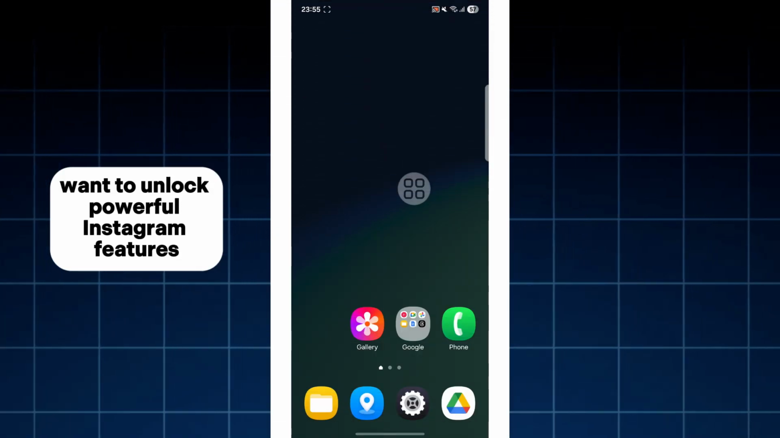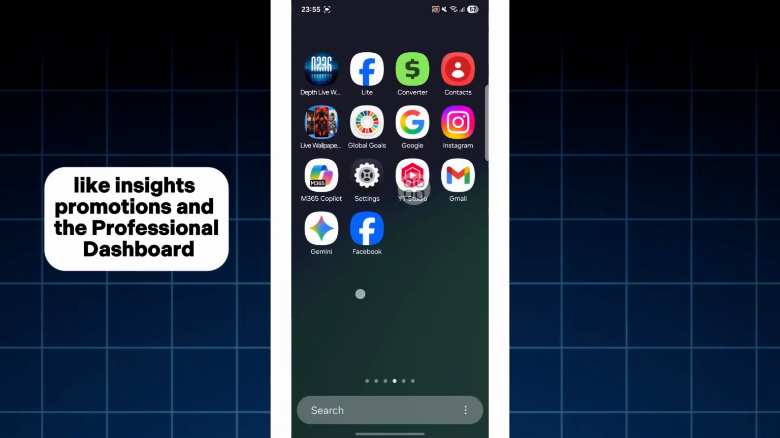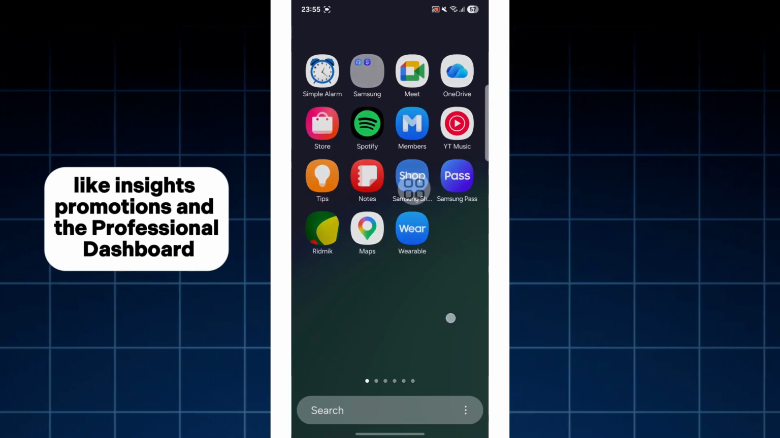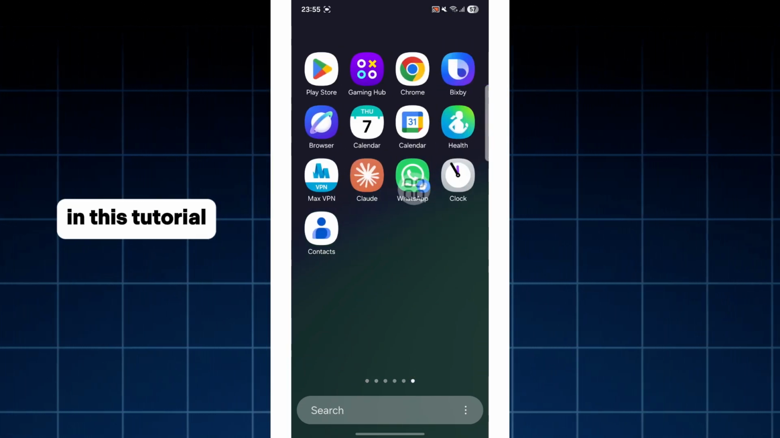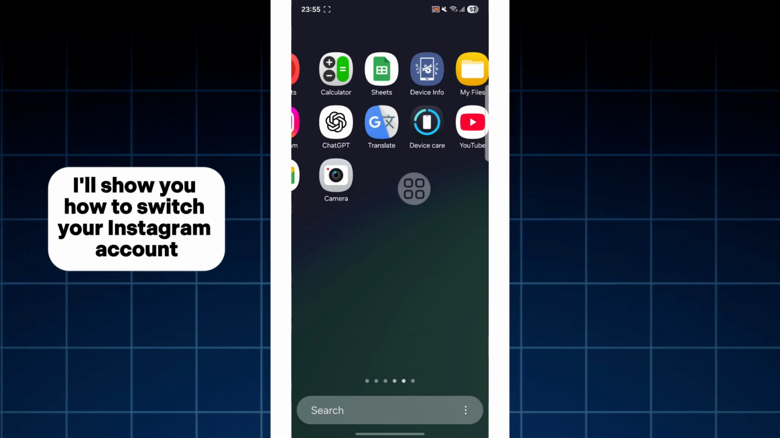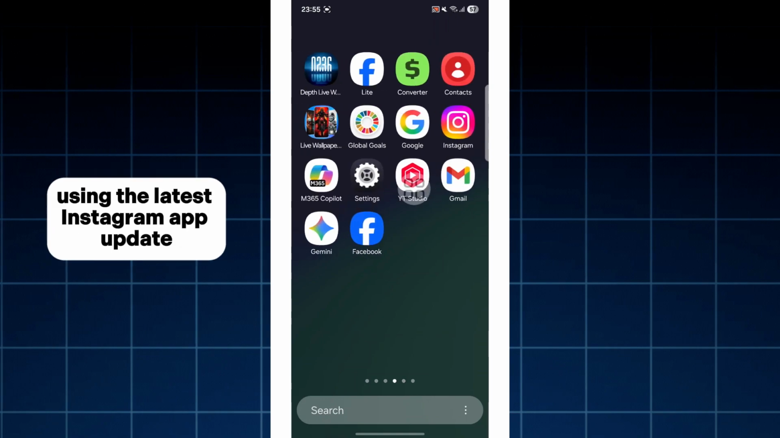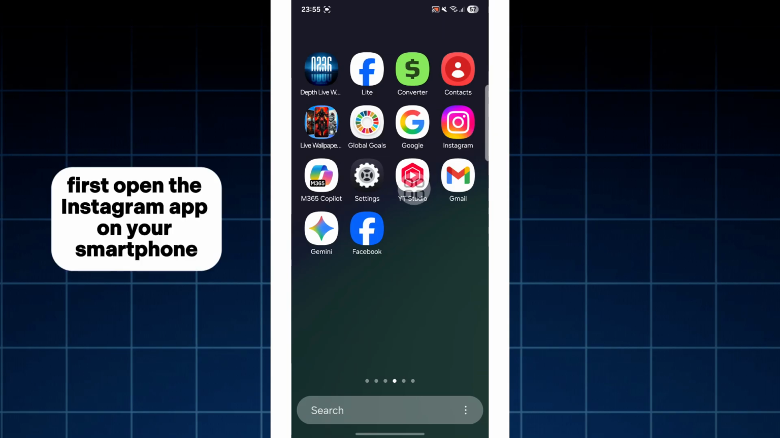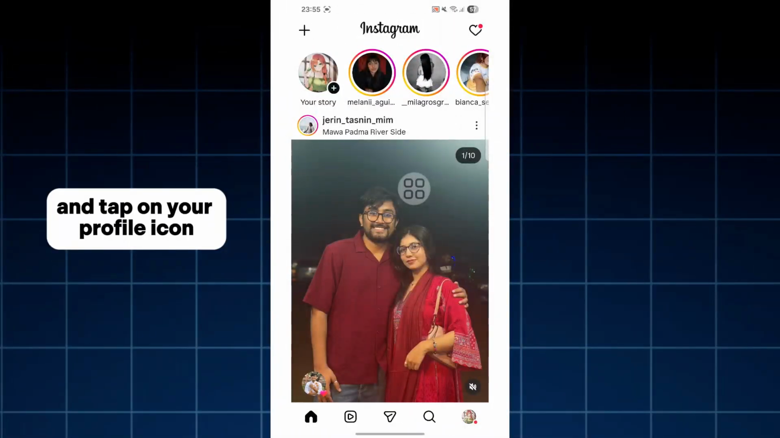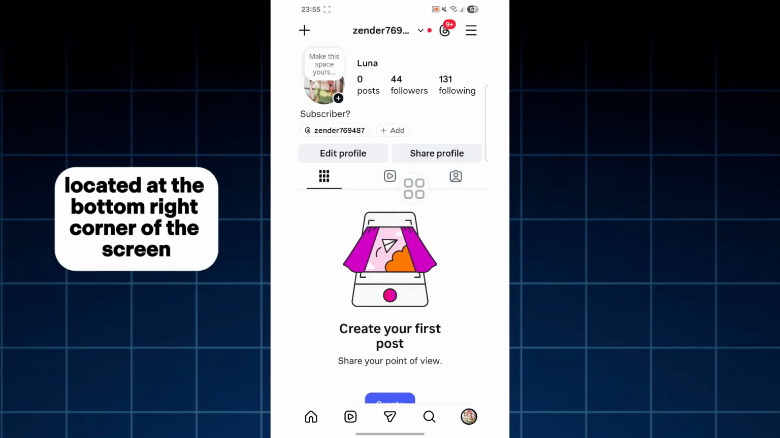Want to unlock powerful Instagram features like insights, promotions, and the professional dashboard? In this tutorial, I'll show you how to switch your Instagram account to a professional account using the latest Instagram app update. First, open the Instagram app on your smartphone and tap on your profile icon located at the bottom